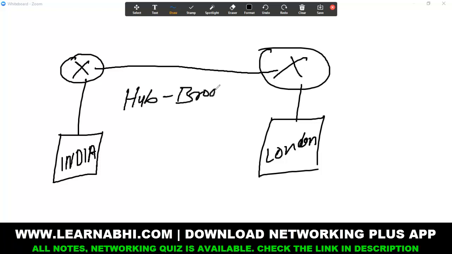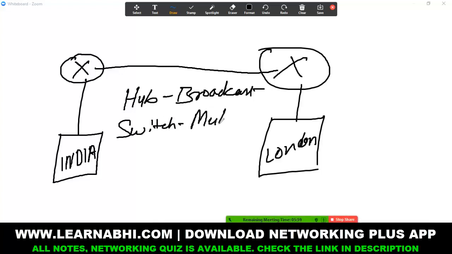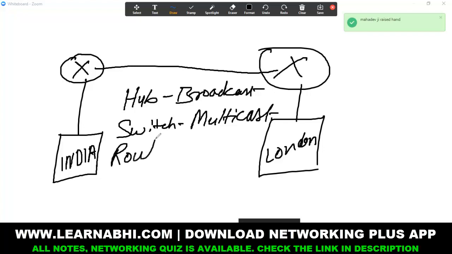It sends data to all the devices connected to it. A switch is a multicast device. It only forwards the data to the destination where the user wants to send. Same like this, what is a router? A router is a routing device. It allows you to connect two or more different networks.